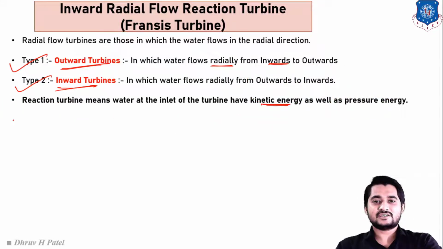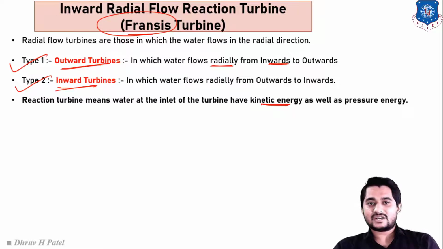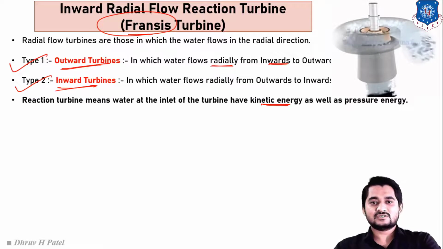So let us understand the basic configuration of our Francis turbine. Remember students, in examination they can also ask to explain inward radial flow reaction turbine. That means you have to explain Francis turbine only. Here is one schematic animation of the Francis turbine. According to Francis turbine theory, water will flow in the radial direction, outward to inward, right? From this sketch, the shaft is located at a vertical position, and water will be moving in the outward to inward direction. Water will enter radially and move out in the axial direction, right student?